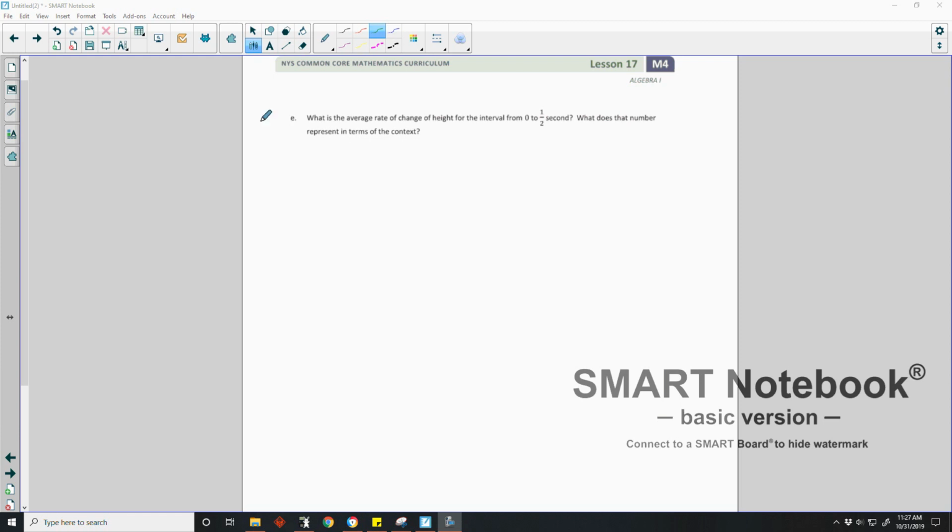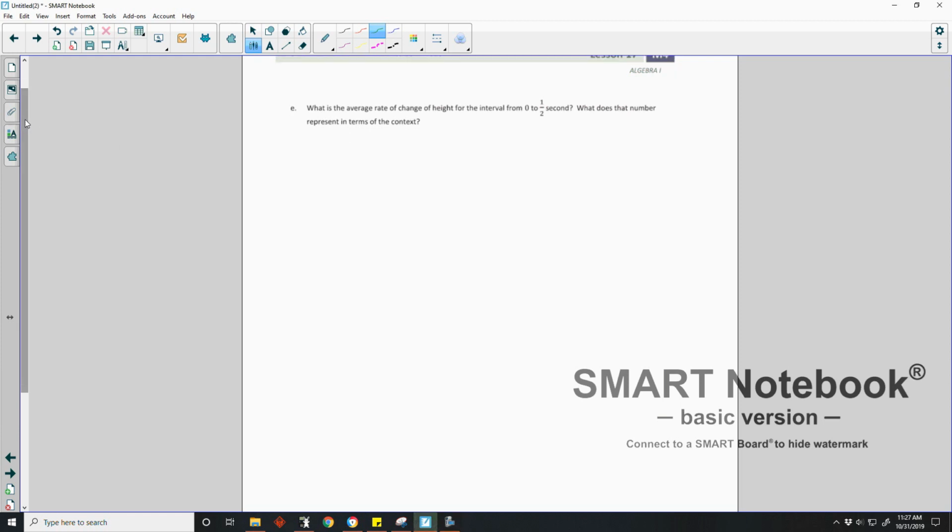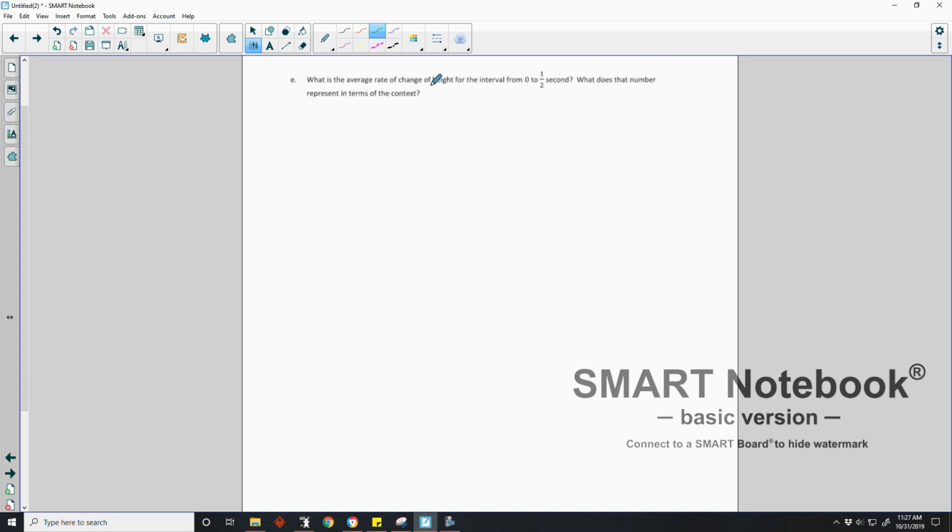Okay, so on to page 7. Part E. What is the average rate of change of height for the interval from 0 to 1/2 second? What does the number represent in terms of the context? Okay, so first of all, we need to know what average rate of change is, and that is f of b, the function at b, and this is our b right here, 1/2, minus f of a,